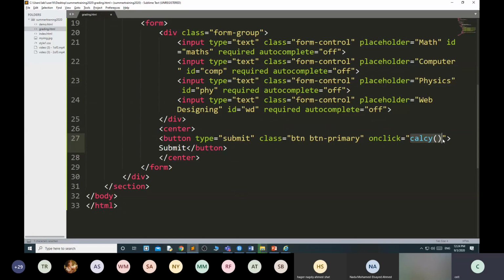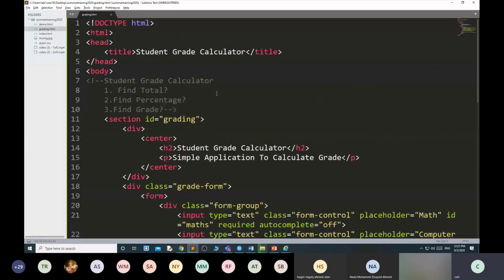In this code, I am going to show you how to use an external style sheet. External style sheet means, like in previous training, we have seen how to use inline CSS and how to use internal CSS. Inline CSS means apply the CSS as an attribute of the element.